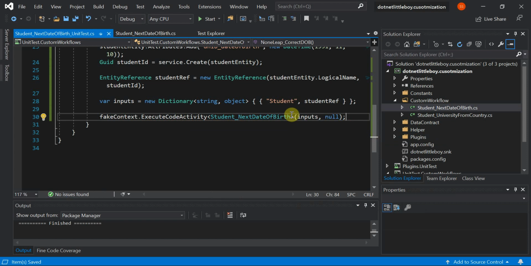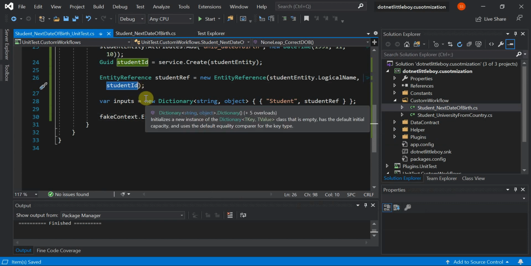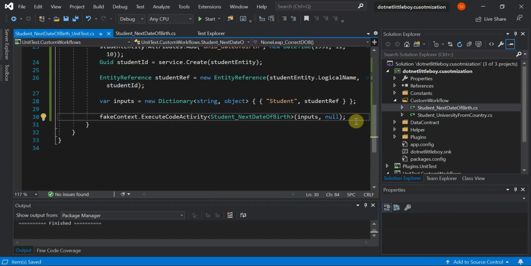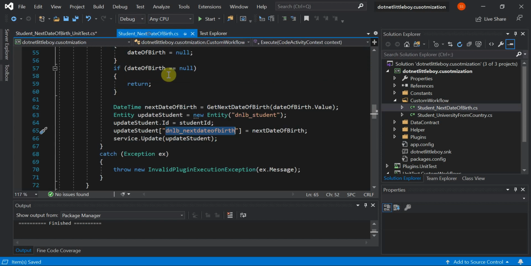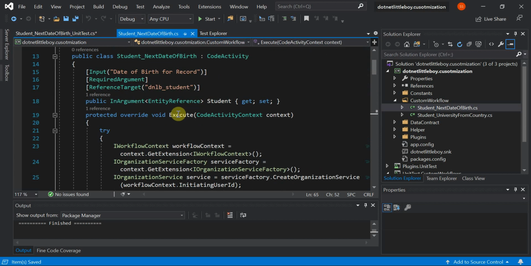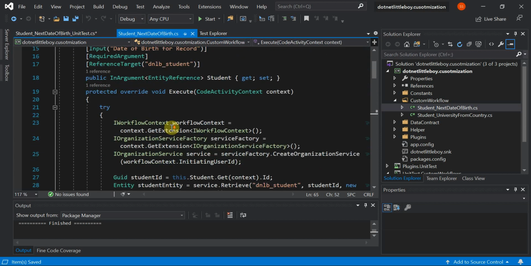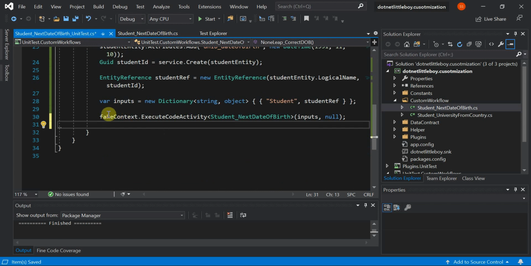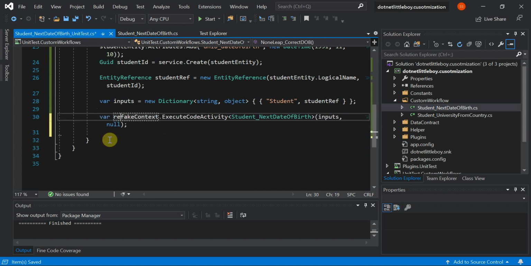When this code is successfully executed without any error, then the entity of the student id record which we have set here will be updated. So I have to retrieve this back. Since I am not returning any out argument here, I cannot have the result here. So we cannot do it like this, result equals this one.